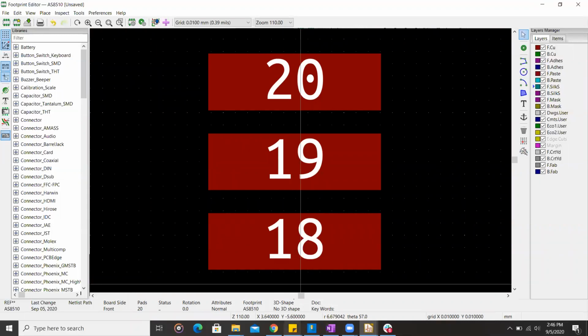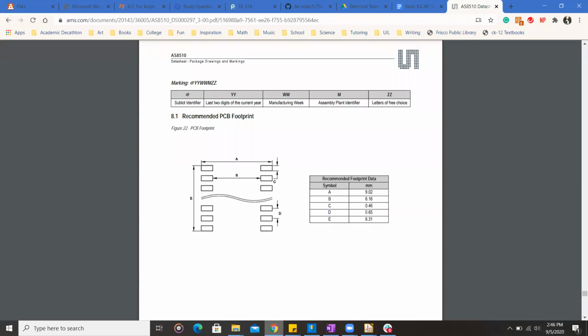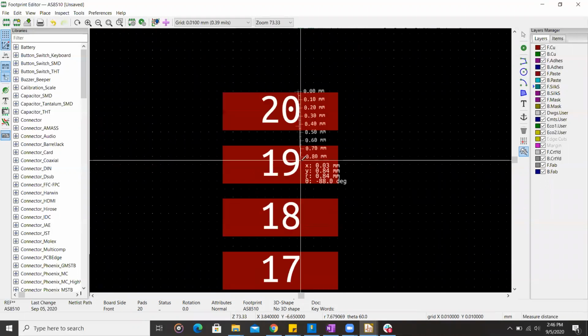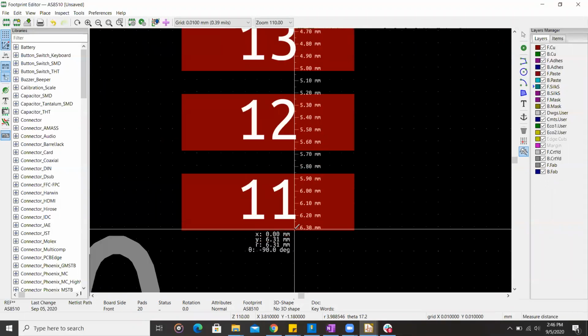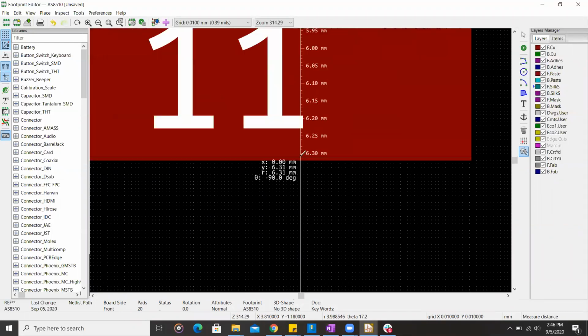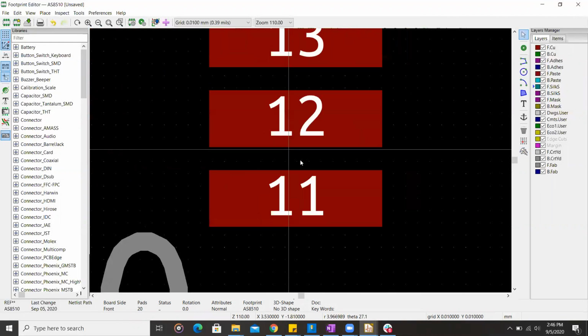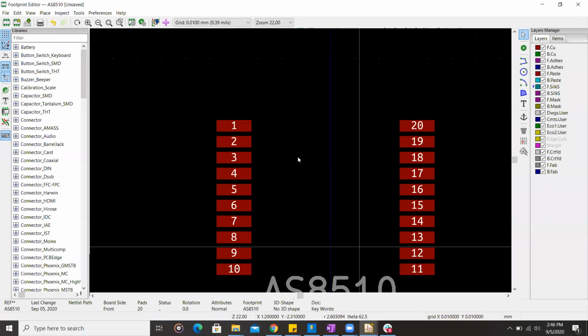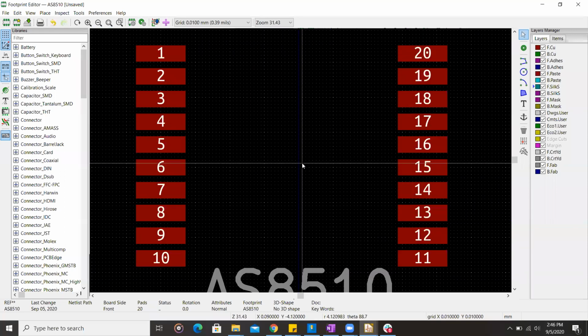There's 0.65, and then E is 6.31. So we want to make sure this top part here, all the way to the bottom, is 6.31. And so now you have all the pads exactly where they need to be. So now the next part is you need to add some stuff to this,